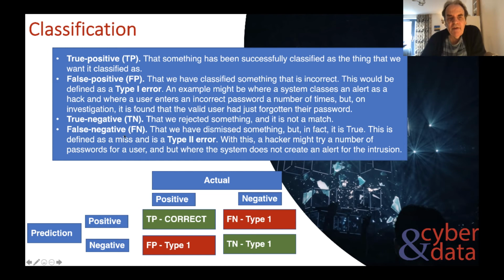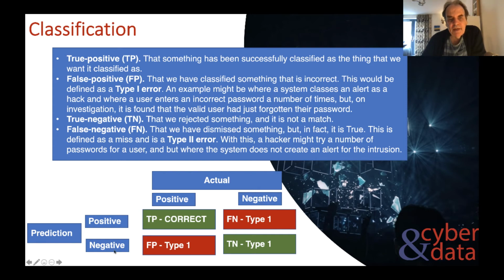And then the next type of error is what's called a false negative. In this case, we've dismissed something, but it's actually true. So we've actually missed it. The device is, say, infected by malware, but we identify it as false, not having malware. So we can draw what's called the confusion matrix. This is the actual values. Let's say this is the positive case, the thing we're trying to detect, and this is the negative case, things we're not trying to detect.